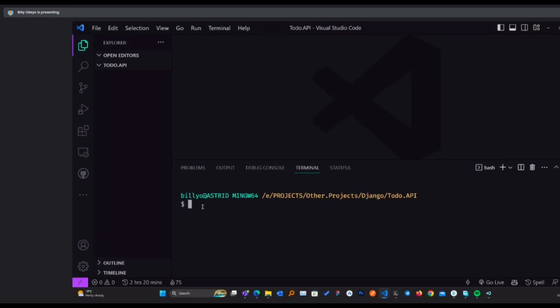So for that, I'll use a virtual environment. I'll create a virtual environment, then within that virtual environment, I'll install that specific version of Django that I want, in this case maybe 3.2. That helps you manage your libraries well, because for a specific project, you can have specific libraries.